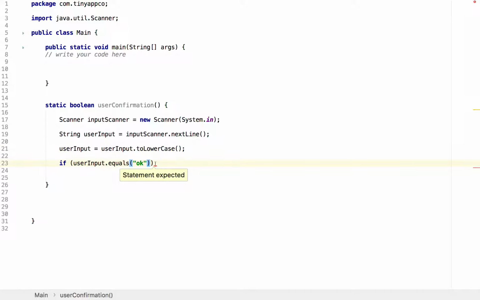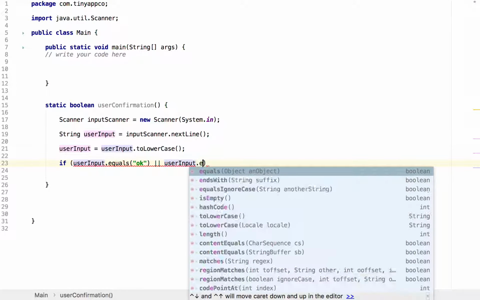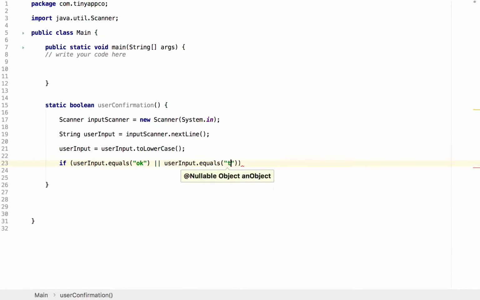Okay. Now they might not type just okay, they might actually type true. So we can add an or statement and say if the user input equals true. Or they might say something like yes, yep, type Y, or yeah. Now we could check for all of those variants, but pretty much if they type anything that starts with a Y,